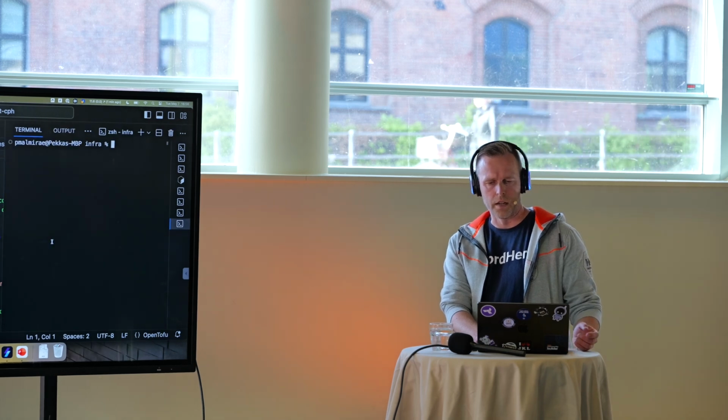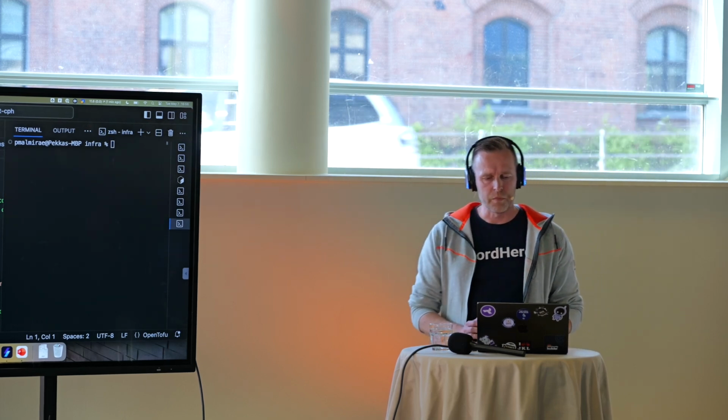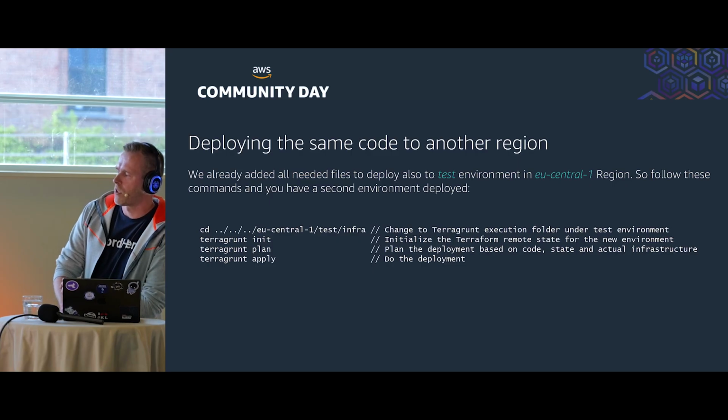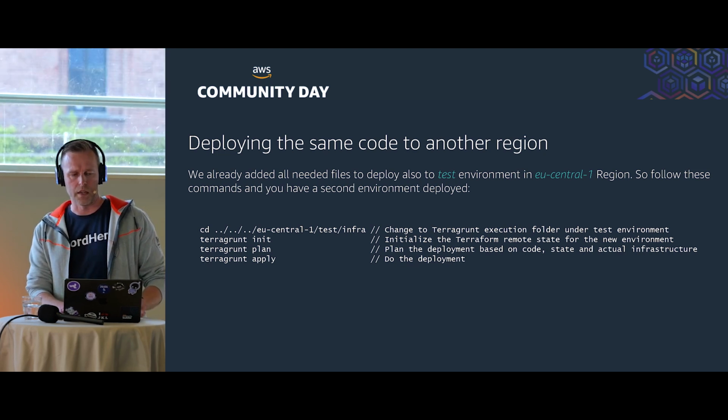So I can deploy my infrastructure here, and when I change to the other folder, I go to the infrastructure folder. It will also be able to deploy the code with those variables from that point. But halfway through with the demo, just a few last slides. So basically, change into the other folder. I can deploy the other environments,